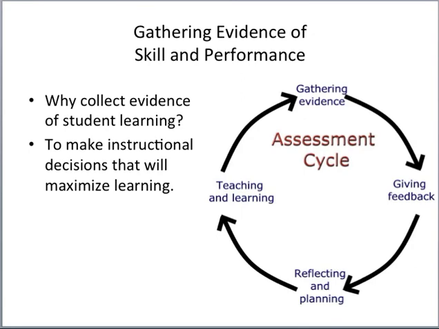We talk about gathering evidence of skill and performance for the purpose of making instructional decisions that enable us to provide additional instruction as needed, which helps the student feel hope that we're on their side. We're going to walk with them until they have acquired the skills, including the knowledge that are embedded in those skills that we have intended for them to learn and that we have communicated to them with our learning targets